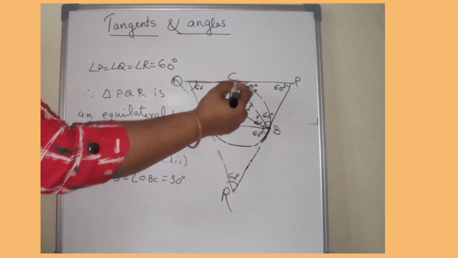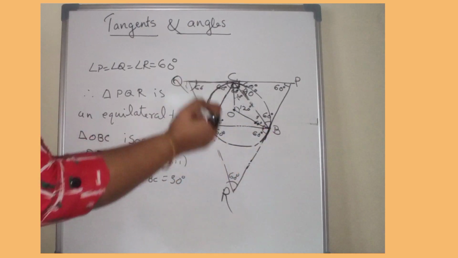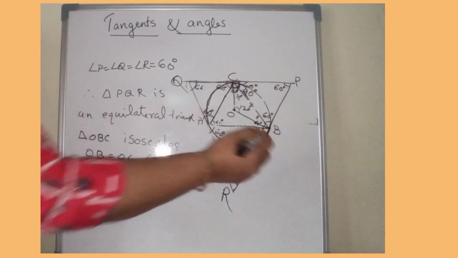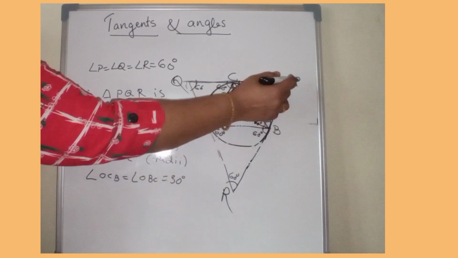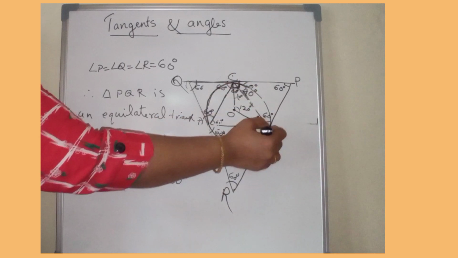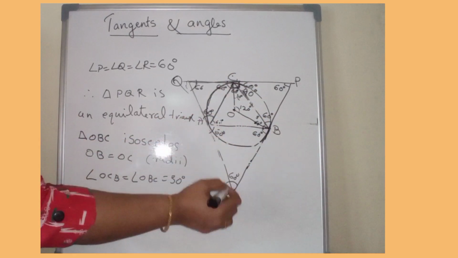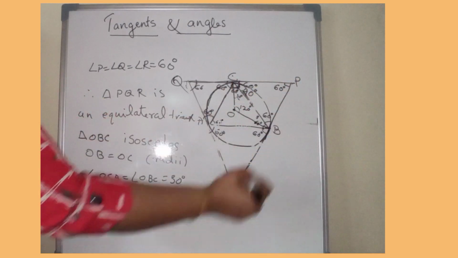That is, all these triangles are equilateral triangles. See, this AB, this PB, and this BC are equal. Similarly, BC, BR, and AR are equal. Okay, so if we consider the side PR, we know that